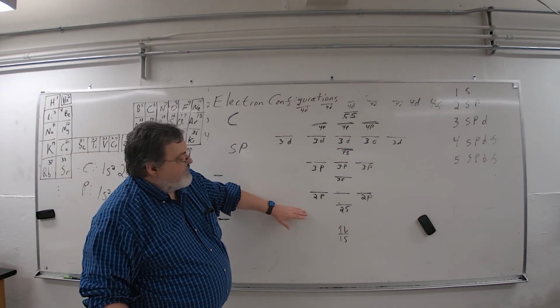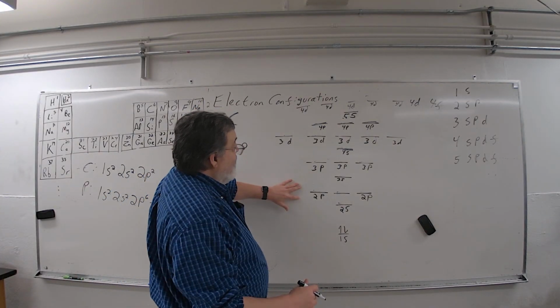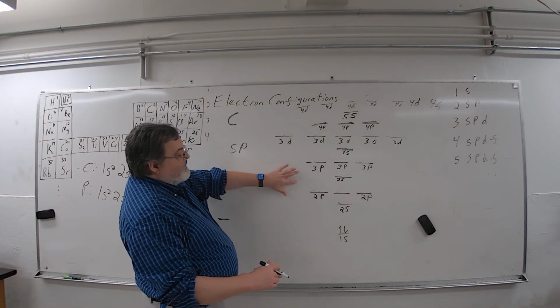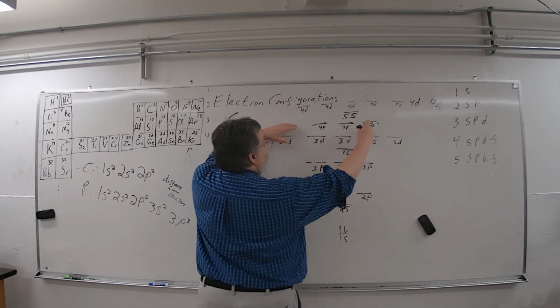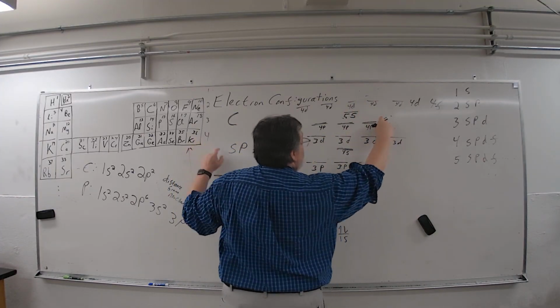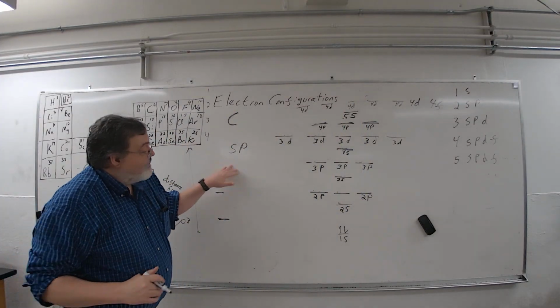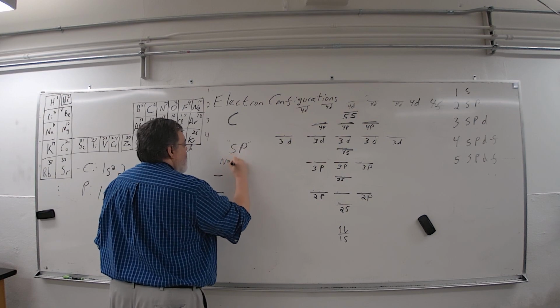If you continue to fill and you get these full, then you've got to neon. And then when you get to this S and P, then you've got to argon. And then if you fill all the way up to the 4P's full and nothing above, then you've gotten over to krypton and continue like that. So the S and the P's is a special configuration. We call it